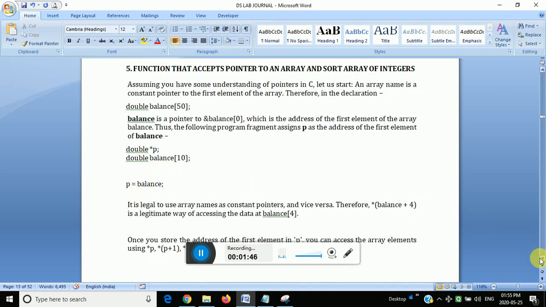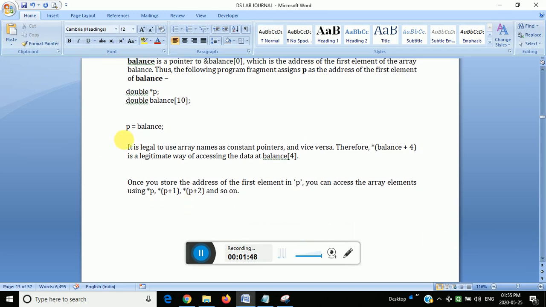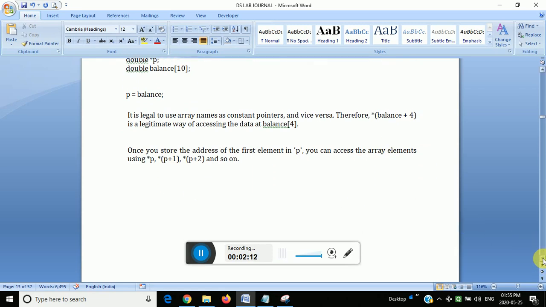Then the pointer p is indirectly pointing to this variable, balance. If we want to display the values from balance, we have to use techniques like p plus 1, p plus 2, star in brackets p plus 1. Okay.